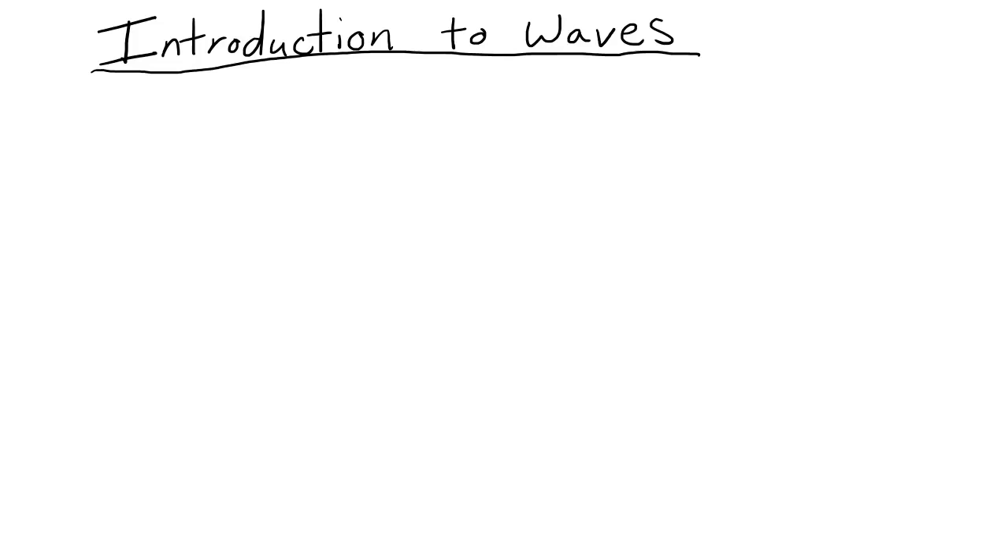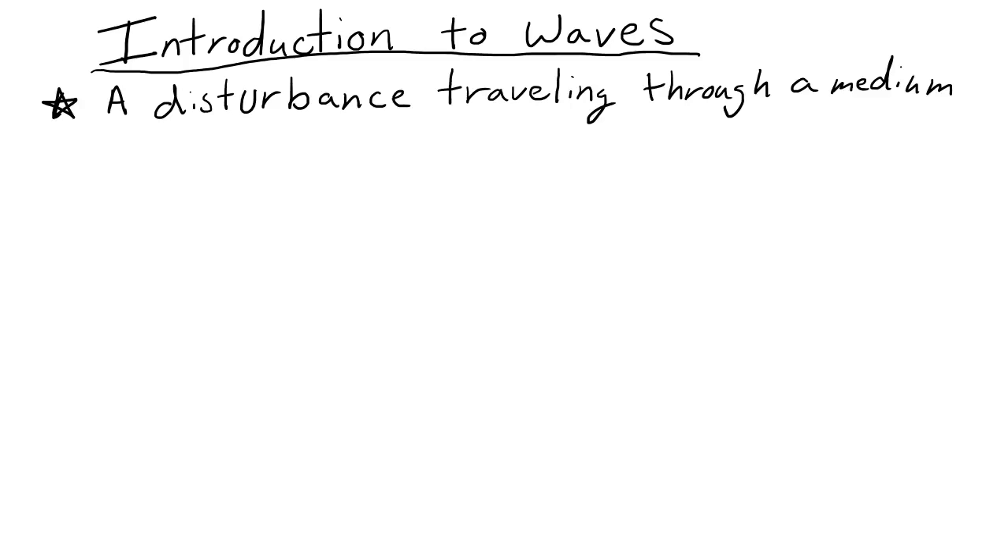In this video, I'm going to introduce the concept of waves. So let's start off with just defining what a wave is. A wave is a disturbance traveling through some media. And as this wave travels through the media, it displaces particles up and down of the media. So for example, an ocean wave displaces particles of water vertically up and down as the wave passes through